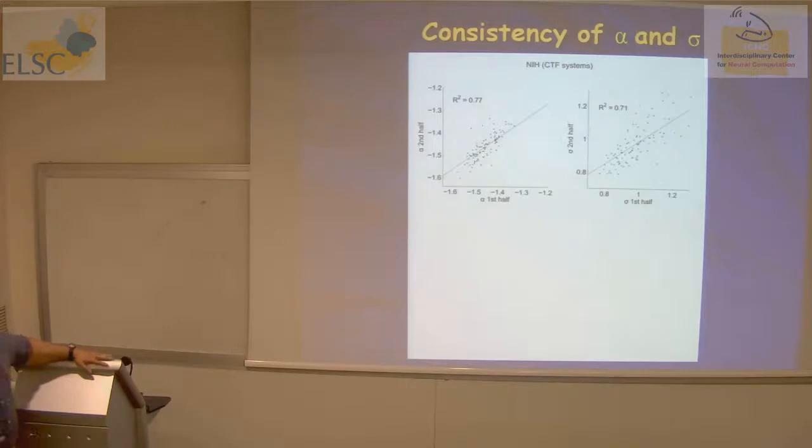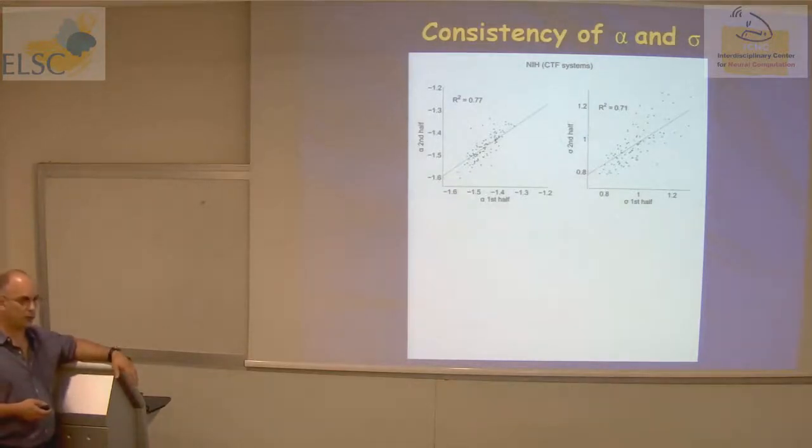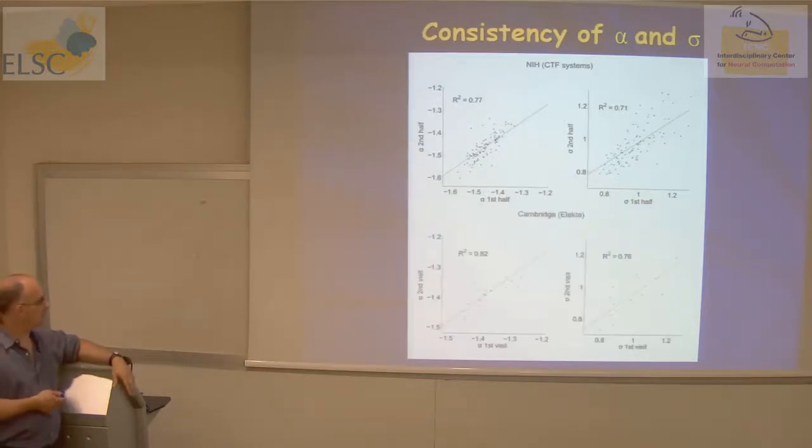And I also analyzed 20 data sets from Cambridge. They have another machine. We have CTF. They have an Elekta machine, which is worse than the one at the NIH. Now I'm recorded on the video saying that, but still, you get poorer power laws, I must say, but still you get roughly the same behavior. But the advantage that we had there was that the subjects visited the facility twice, separated by a week or two. And we get the same correlation.